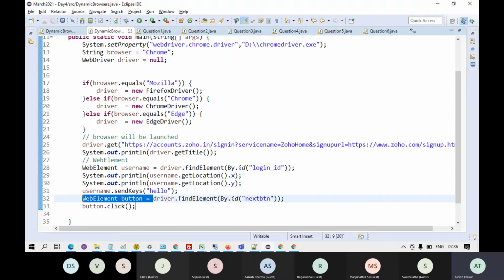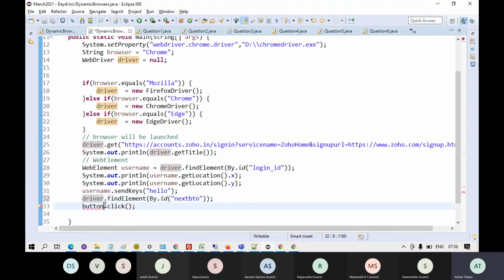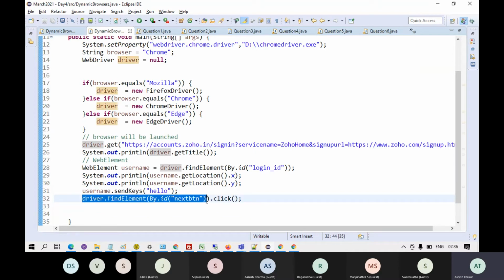I can write this in one line only. I can directly write driver dot find element. The execution starts from the left side. First this is executed, the web element is identified, and then on that click is performed. So it's better to write one line.